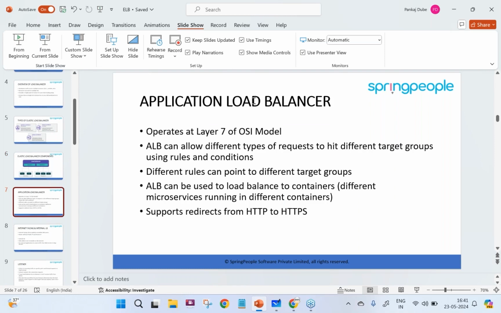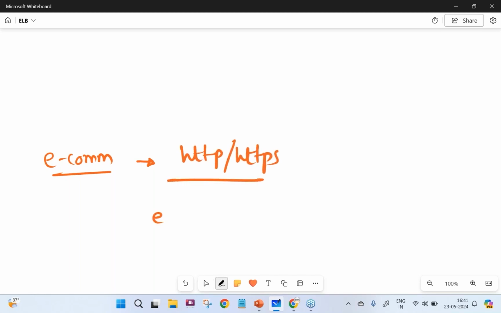As we discussed, the application load balancer functions at layer 7 of the OSI model, HTTP and HTTPS. Let's say you have an e-commerce web application that runs on the HTTP and HTTPS protocols; use the application load balancer.